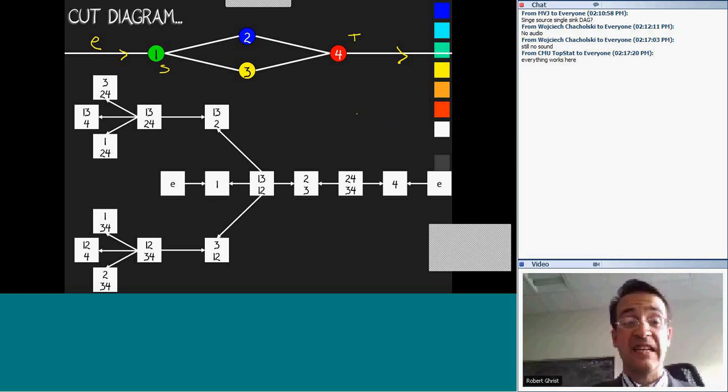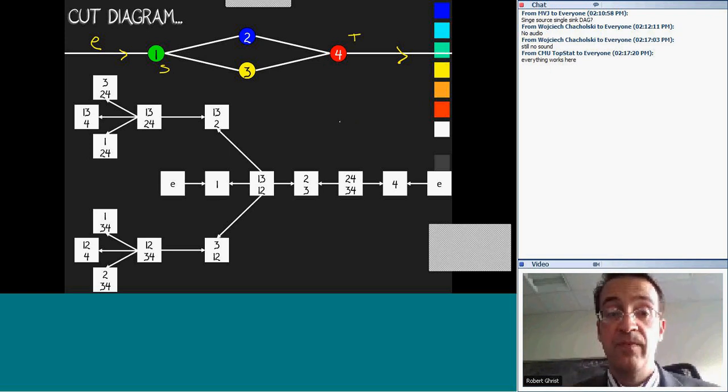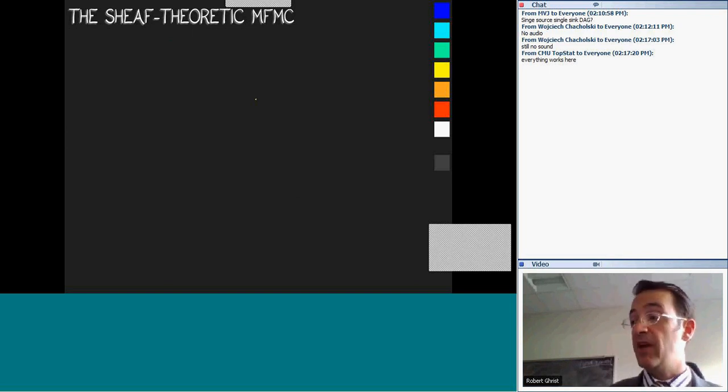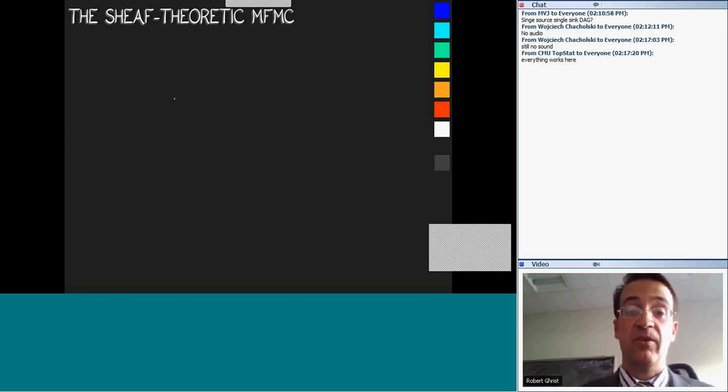What you do is take a limit and then a homotopy limit over this diagram, looking at associated cut values. And then finally you get to the sheaf-theoretic MAXFLOW-MINCUT theorem,